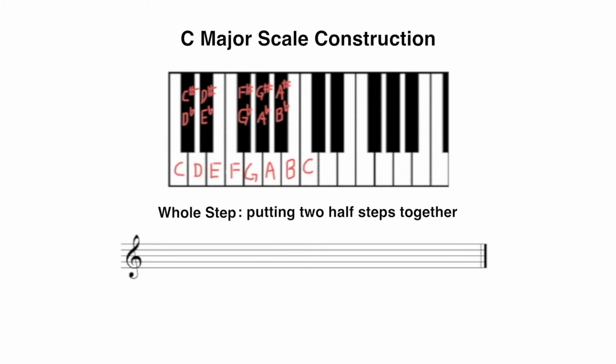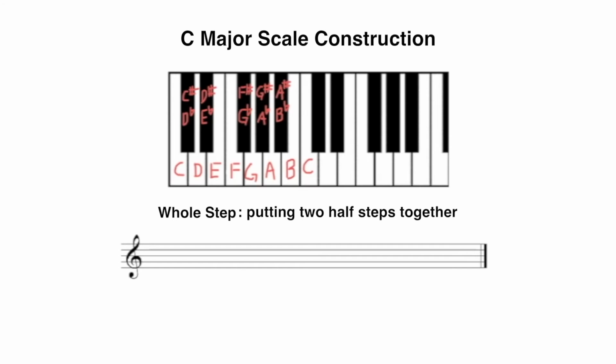For another example, if I start here on E, a half step up is F, since there is no black key in between the E and F. So I have a half step from E to F, and then another half step from F up to F sharp or G flat. So therefore, E to F sharp or G flat is a whole step. It is typical, though, when we're talking about whole steps, to use letter names that are consecutive. So if I start on E, I'm more likely going to use the name F sharp, since E and F are next to one another in the musical alphabet.